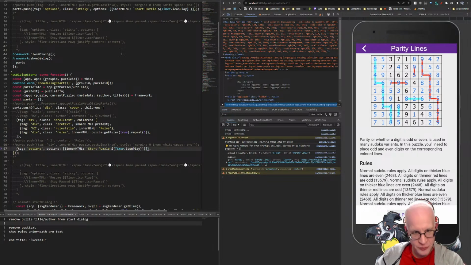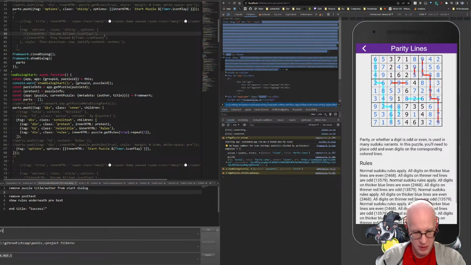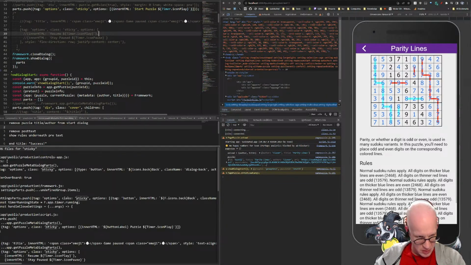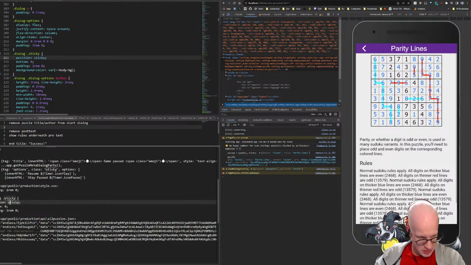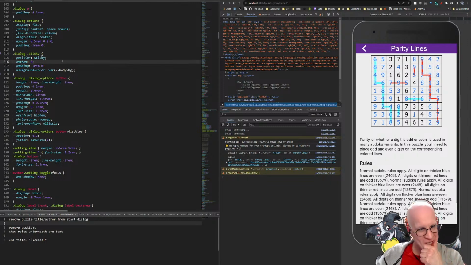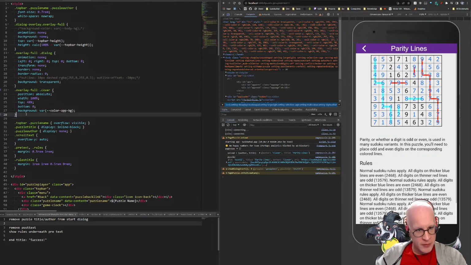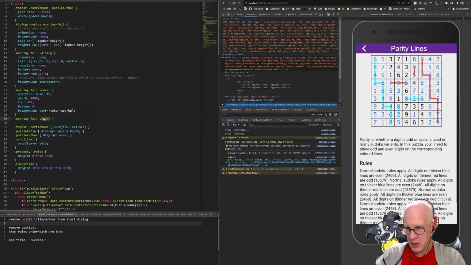Okay, I can look at the sticky thing as a guide for how that works, position sticky. Okay. So if I want to do this, then dialog options,